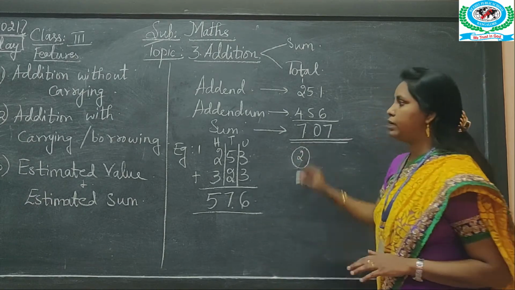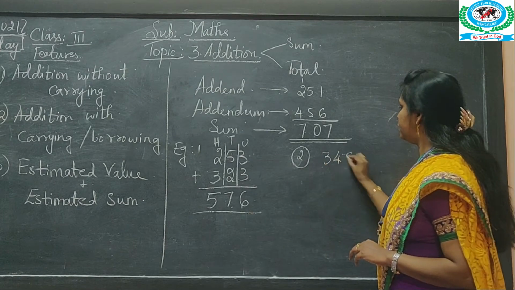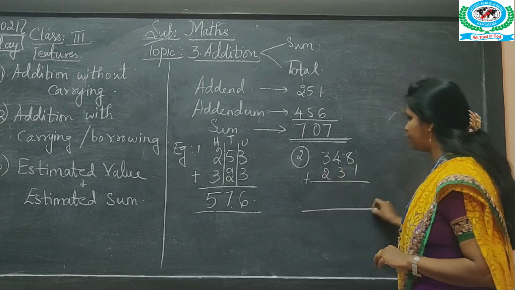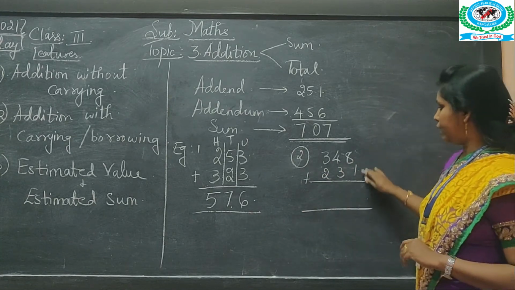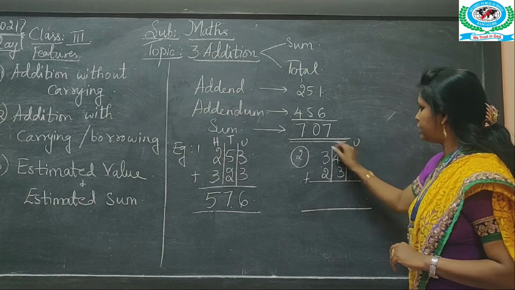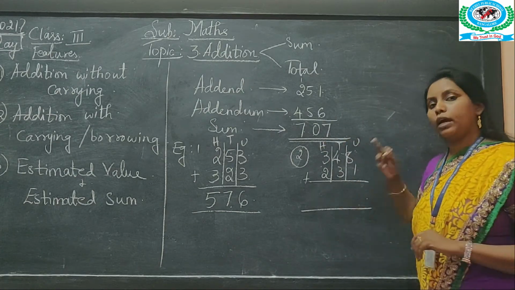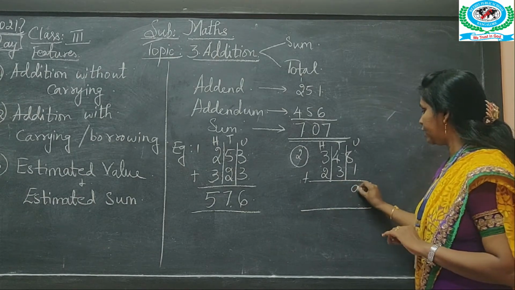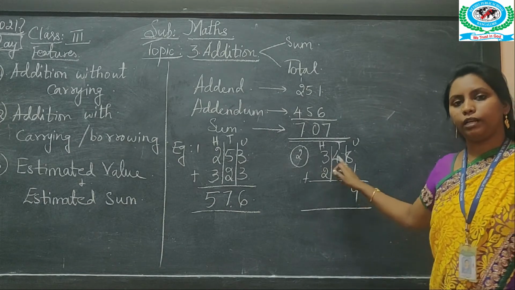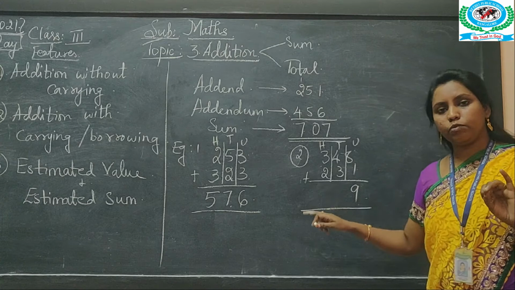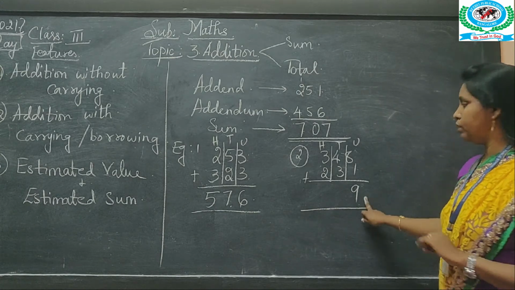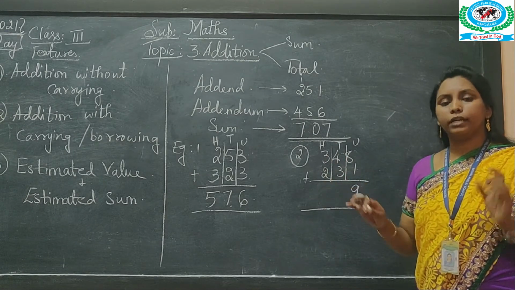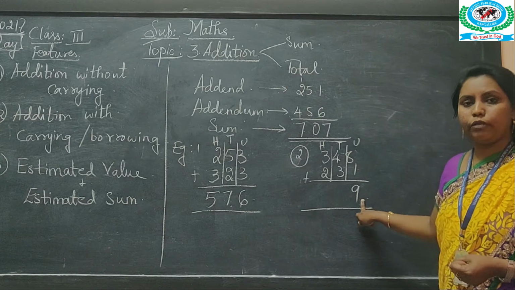So likewise we will see an example 2. I will take the number 348 plus 231. So here you have 8 and 1. Again it is units place, it is tens place, and it is 100 place. So 8 in the mind, 1 in the finger. After 8, 1. It is 9. So you are going to write 9 here. Okay. So here also you are not carrying any number there. You have got a single digit number, and that single digit number you are going to write here.